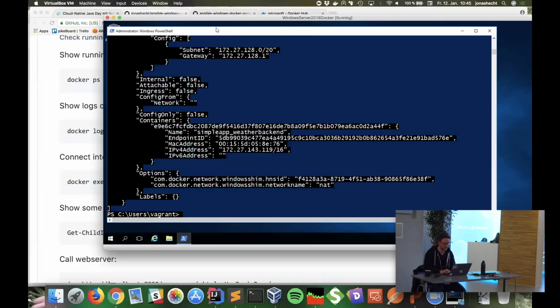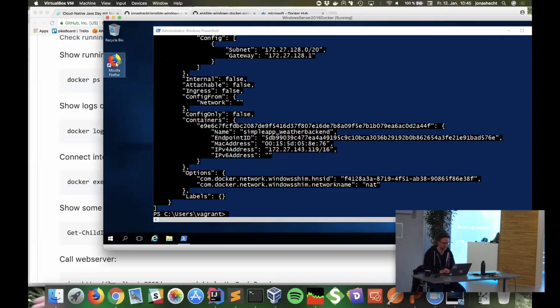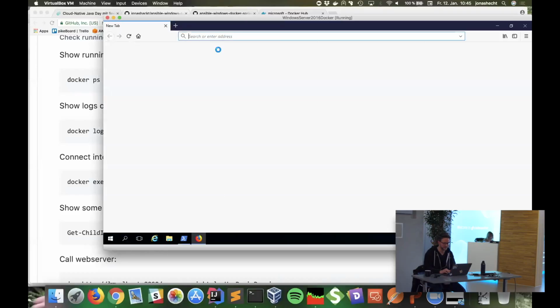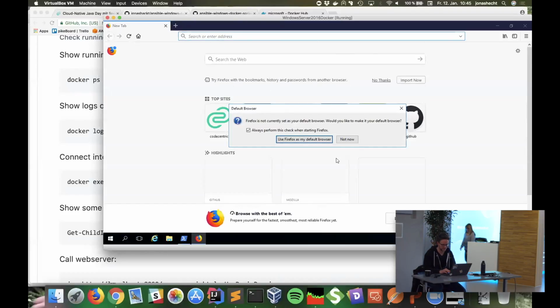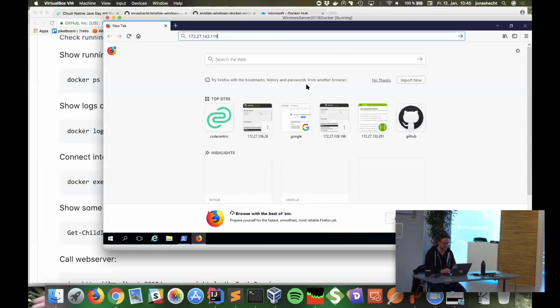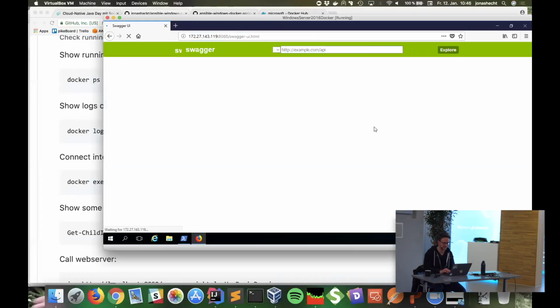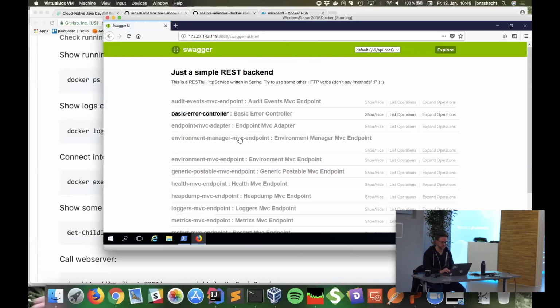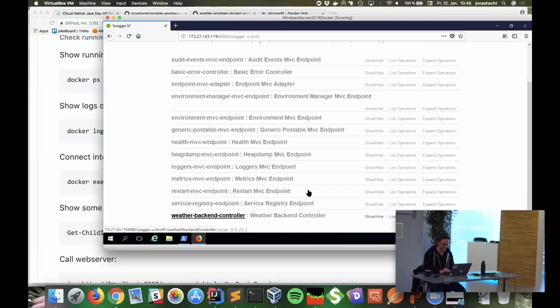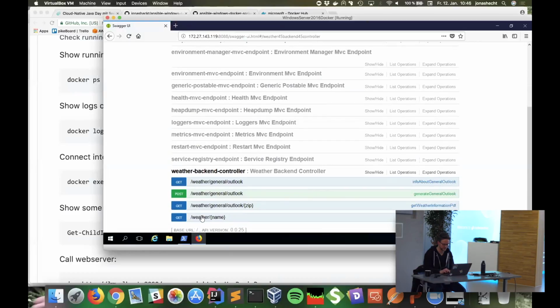We have Firefox here. I don't use Internet Explorer, too hard for me. Let's use it. The port was, I think, this here. It's just a simple REST API app using Swagger UI, SpringFox.